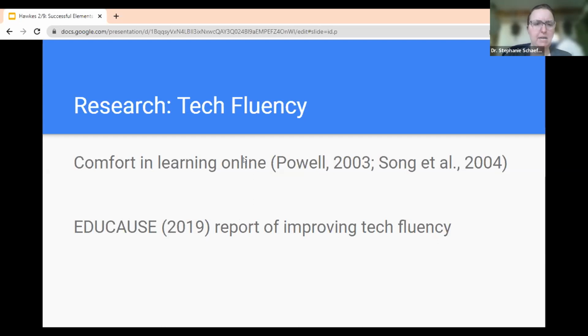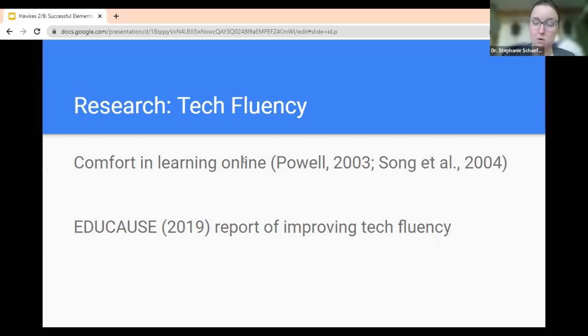navigate correctly to the websites, that ability to hand in assignments correctly, that ability to access your presentation materials. Those are all important parts. But as we can see in EDUCAUSE's 2019 report, that's still mentioned in the research even today, that there's a technology fluency component that we have to think about, how students can connect with, being able to just navigate through the course is still an important component of having